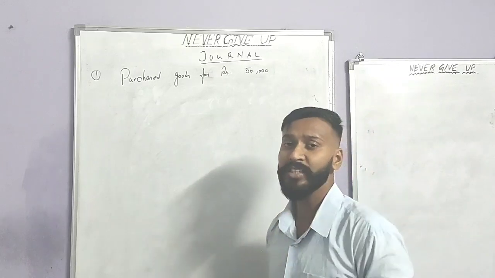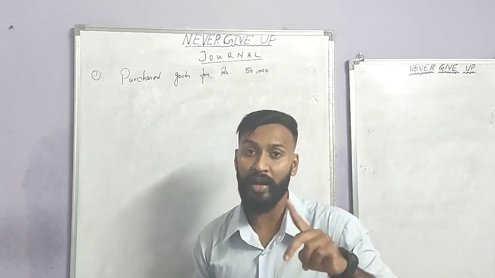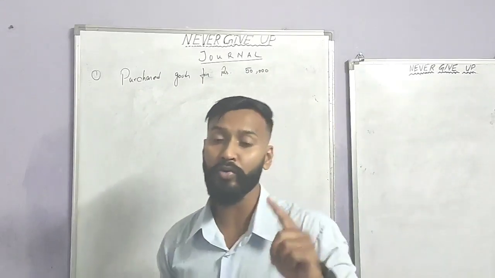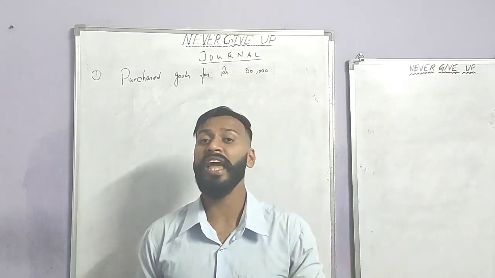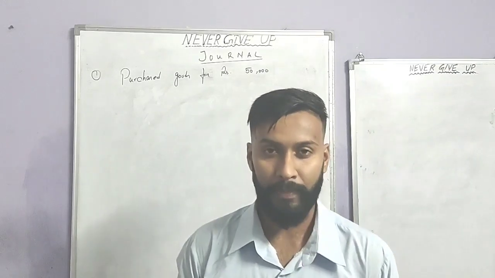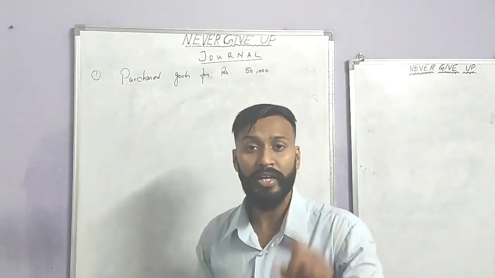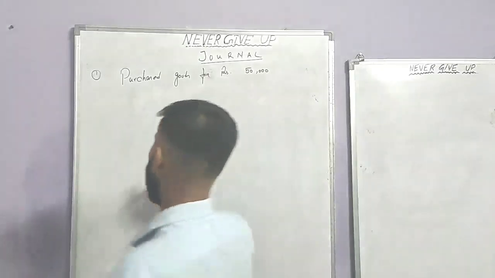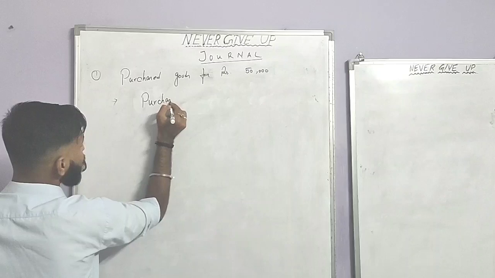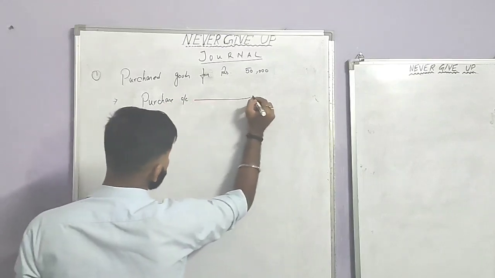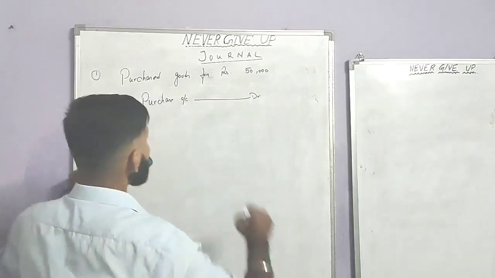Now, purchase is what? Purchase is an expense of the business, and according to the golden rules of nominal account, all expenses and losses are debit. Purchase is one kind of expense. So the journal is: purchase account debit, to